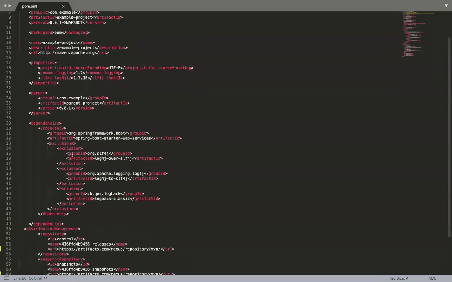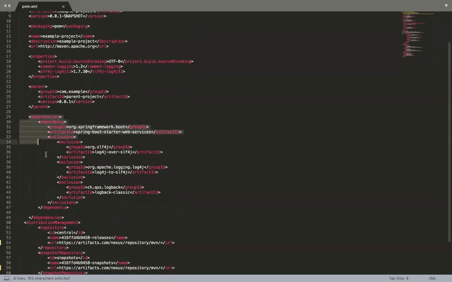So what other things are we having here? We are having the dependencies tag. Here we define the dependencies, the artifacts we need for our project other than those coming from the parent. And this is the exclusion tag I was talking about, when you want to exclude any transitive dependencies from your main dependencies, that's how you do it. You use this exclusion tag and provide the group ID, artifact, and you can even provide a version here.